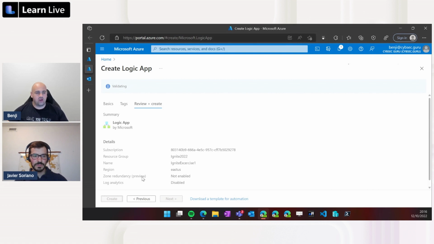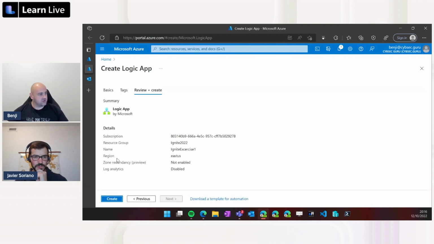When we click on Review and Create, the system will go through the validation so that it makes sure that everything that we actually put in is correct and that we can go ahead and deploy our playbook. And once validation finishes, we can click on Create.